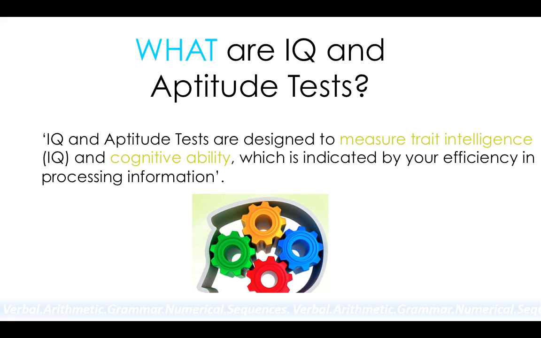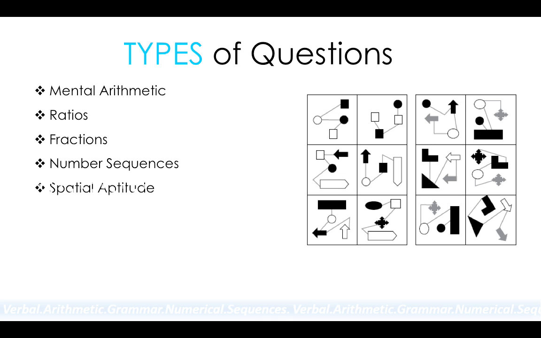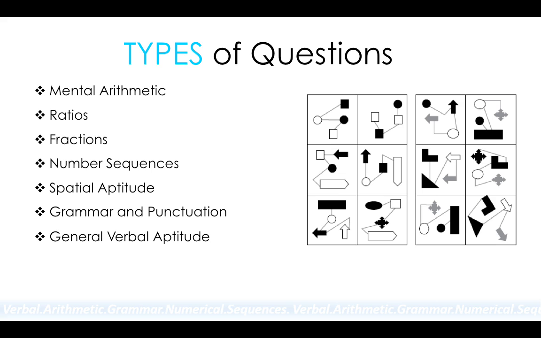Okay, so now that we have a clearer understanding of what IQ and aptitude tests are, we should now focus on the types of questions you can expect during an IQ assessment. So the types of questions that you are likely to face in an IQ and aptitude assessment are as follows. So we have mental arithmetics, ratios, fractions, number sequences, spatial aptitude, grammar and punctuation, general verbal aptitude tests, and abstract